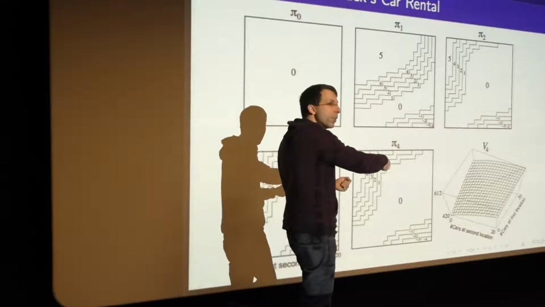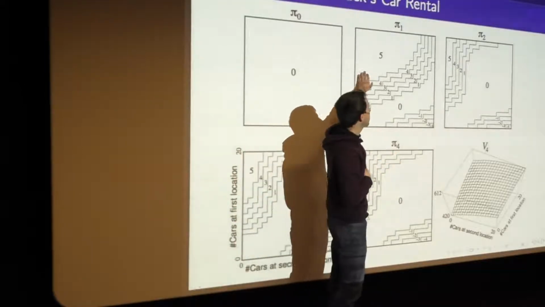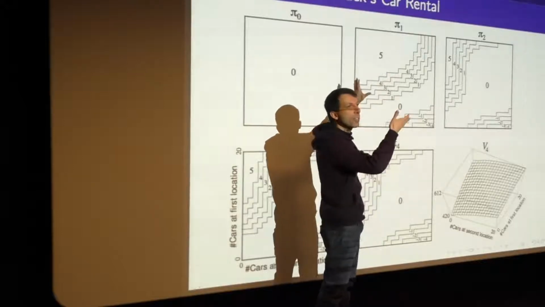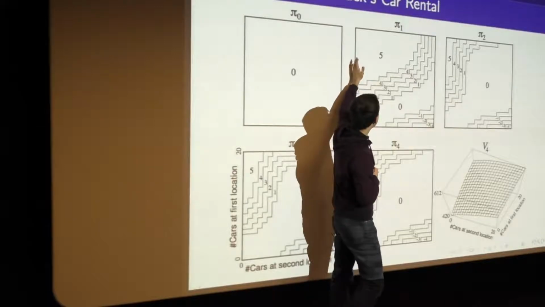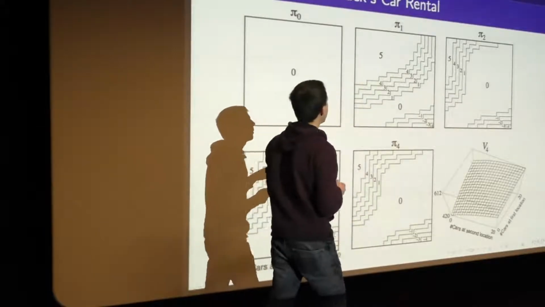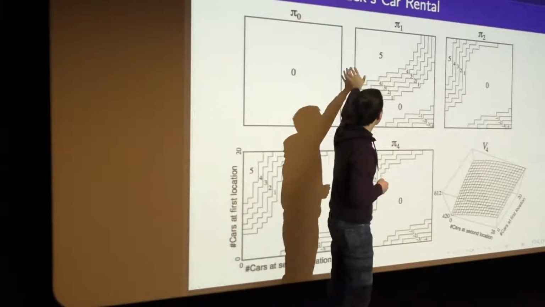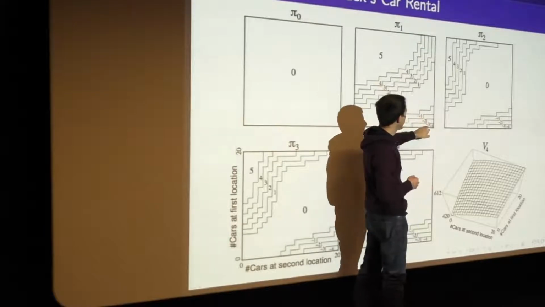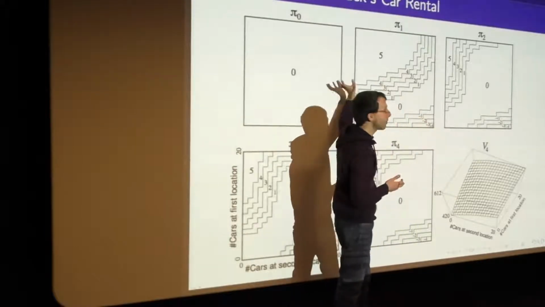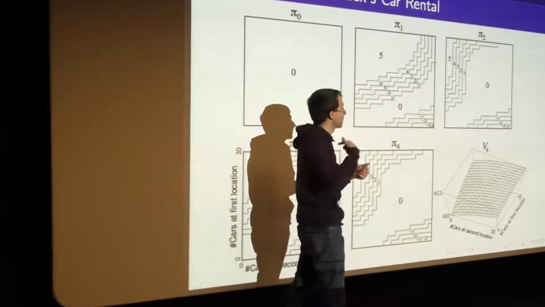So I do a one-step look ahead, take the action which looks best according to my current value function, and that gives me a new policy. And we see that immediately after one iteration we gain some information. On the whole we think that we should be shifting around 5 cars from location A to B quite often, and sometimes we should be shifting cars back again, -1, -2, -3, -4, but most of the time we should be shifting to the location with fewer cars. We've already figured that out, the one that gets fewer cars